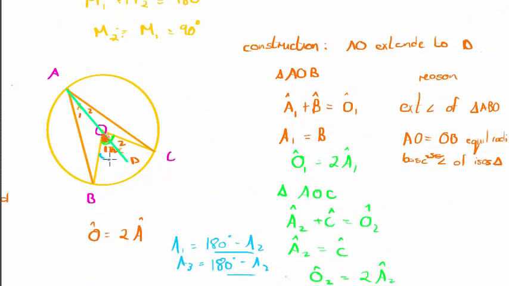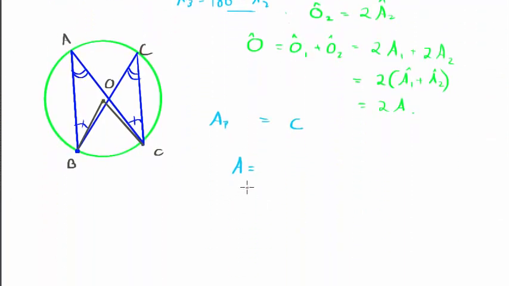This theorem said that the angle at the center, which I just constructed, is twice the angle on the circumference. So is angle O equal to 2 of angle A? Yes. So angle A is angle O divided by 2. And angle C is angle O divided by 2. Therefore, angle A is equal to angle C. How simple that proof is, using an established proof.